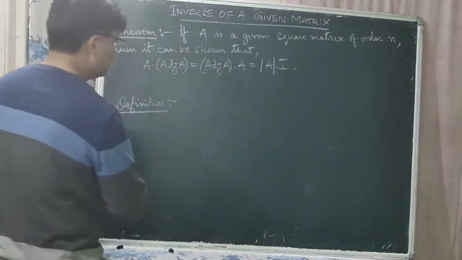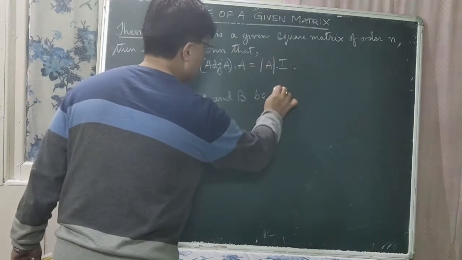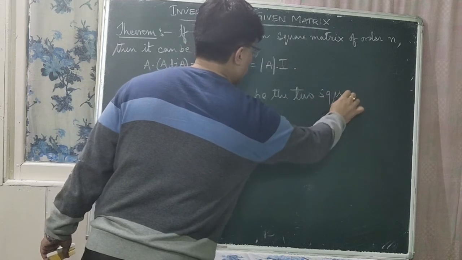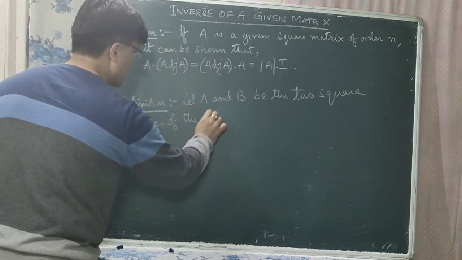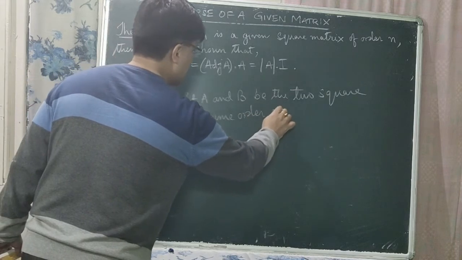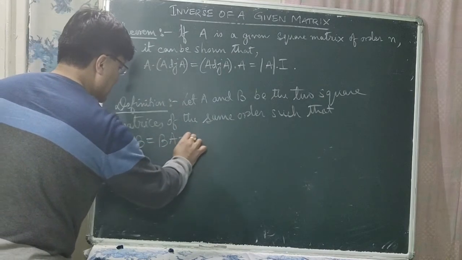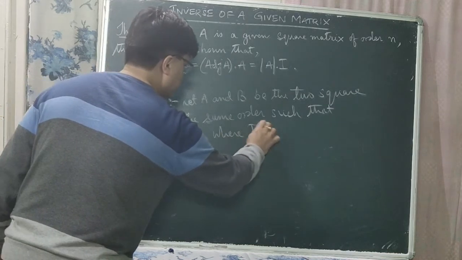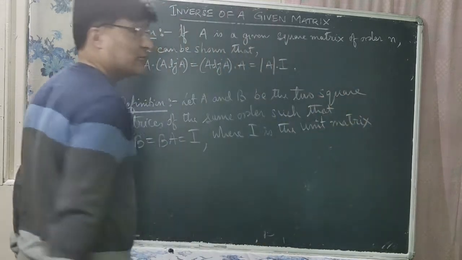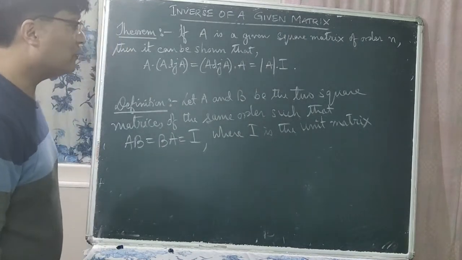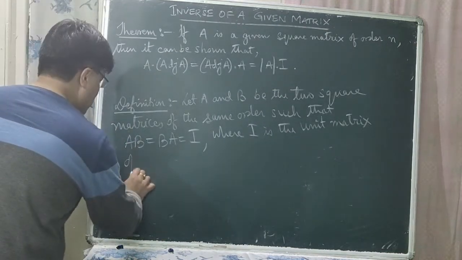So let us write it. Definition: let capital A and capital B be two square matrices of the same order such that AB is equal to BA is equal to I, where I is the unit matrix, or it is also known as the identity matrix, where I is the unit matrix of the same order,